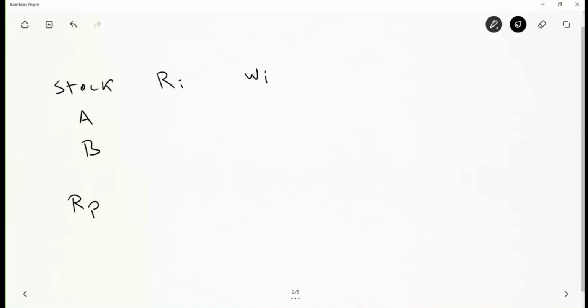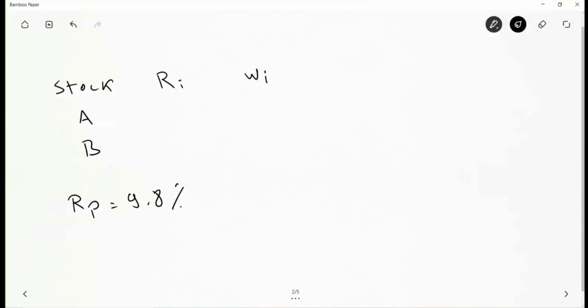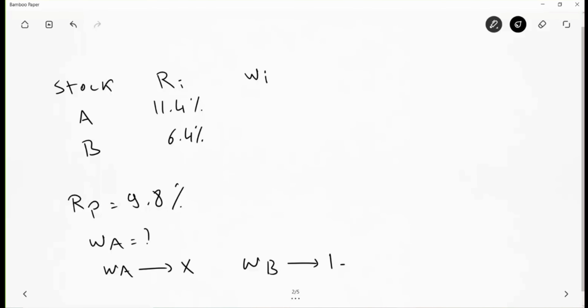I know that the return of my portfolio is equal to 9.8%. The return on A is 11.4. On B it's 6.4%. So here I need to determine WA. So let's say that WA is X. In this case, WB is going to be 1 minus X, because the sum of weights in a portfolio is always equal to 1. So because WA plus WB is equal to 1, I can say that WA and here 1 minus WA, or I can use X. So this is 1 minus